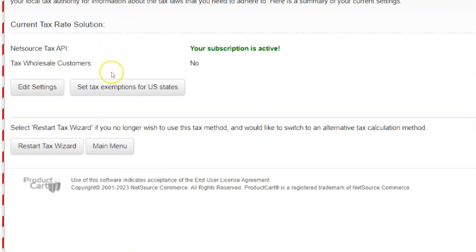But for the most part, you're pretty much done. If you're using the NetSource Sales Tax API, once you select the states that you're in, there are a few other miscellaneous settings in the storefront, regarding taxation on wholesale customers versus retail customers and things like that. But as far as your actual sales tax settings, once you've selected the states where you want to collect sales tax using the NetSource Sales Tax API,